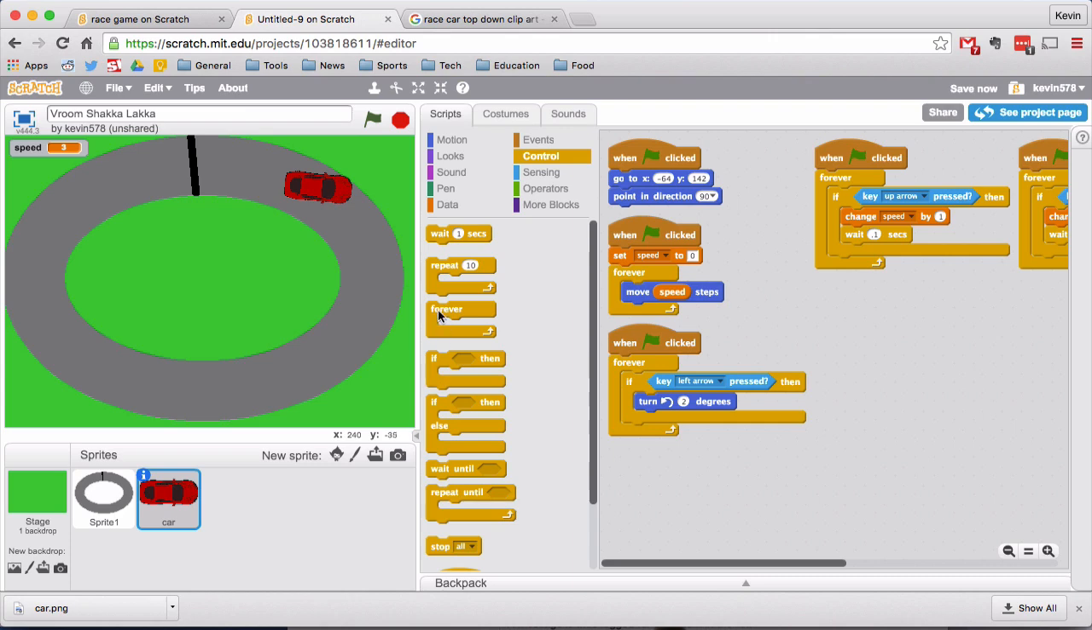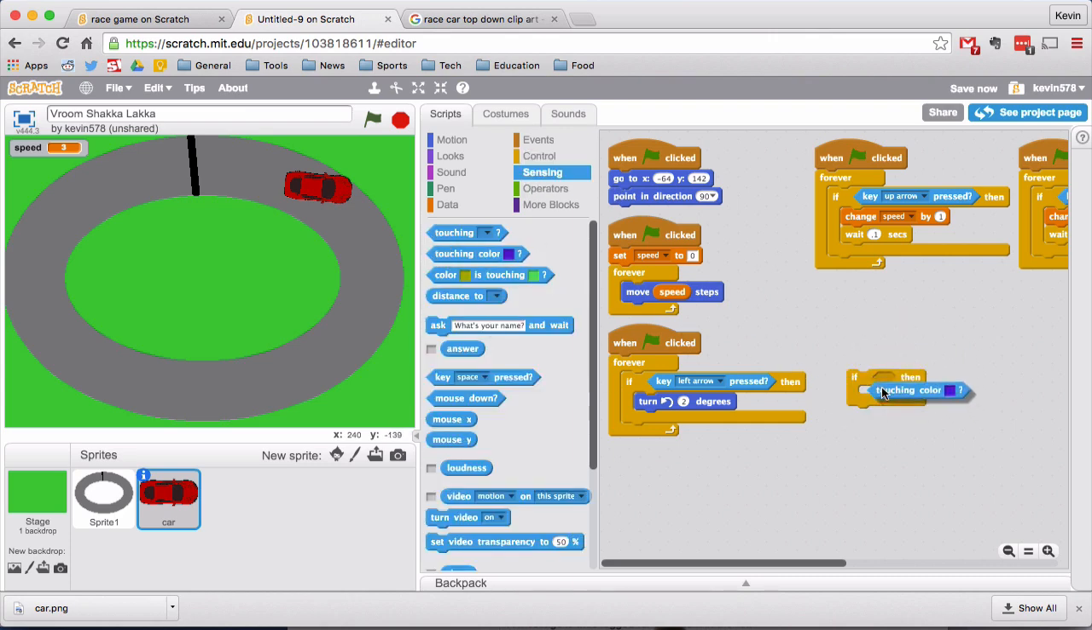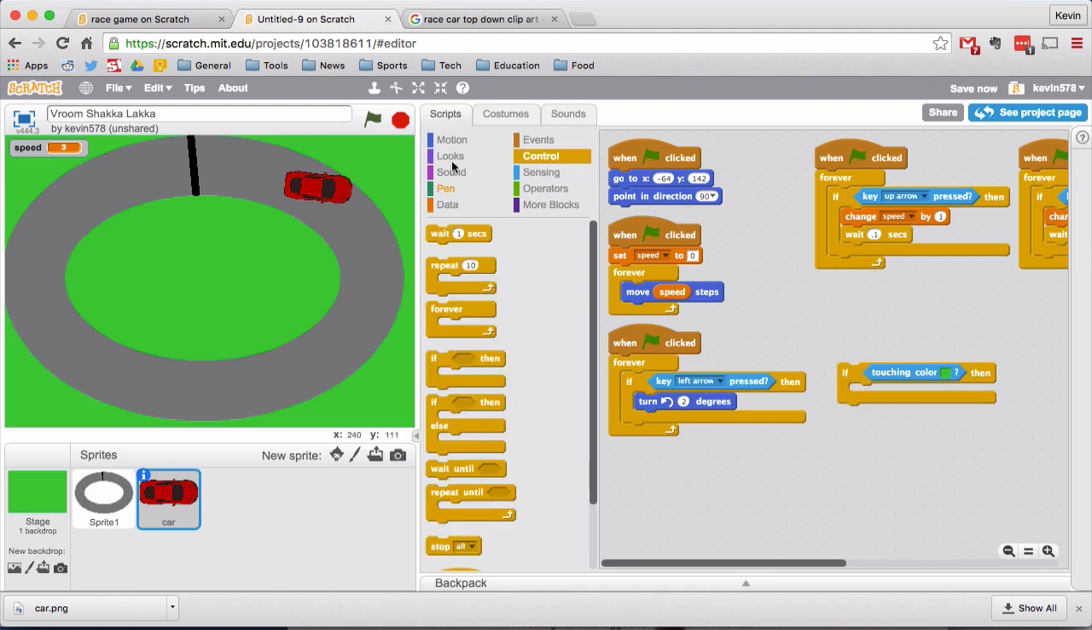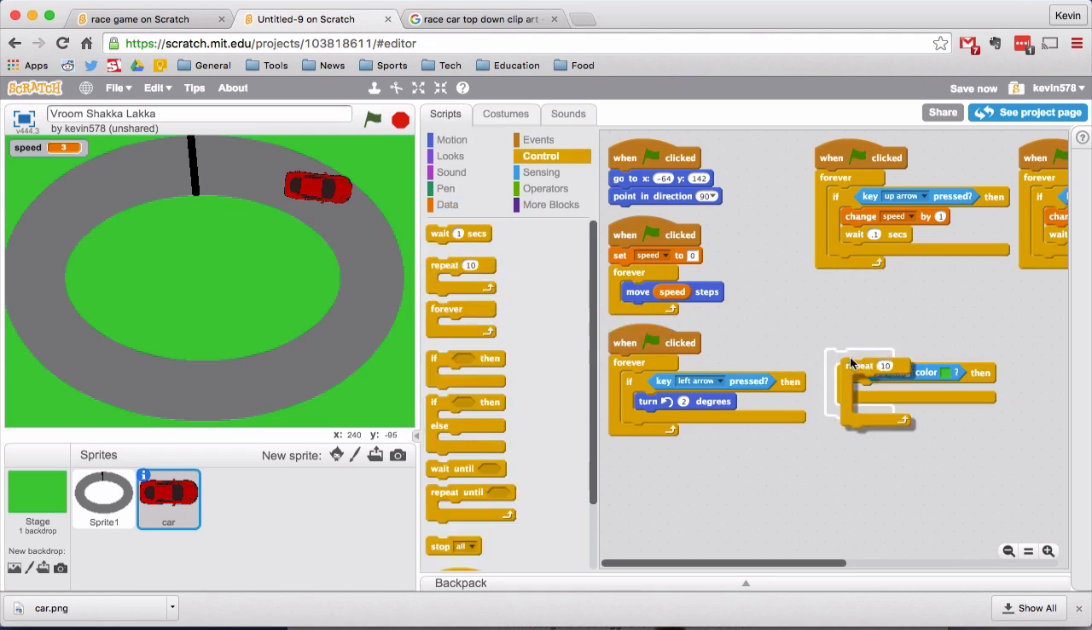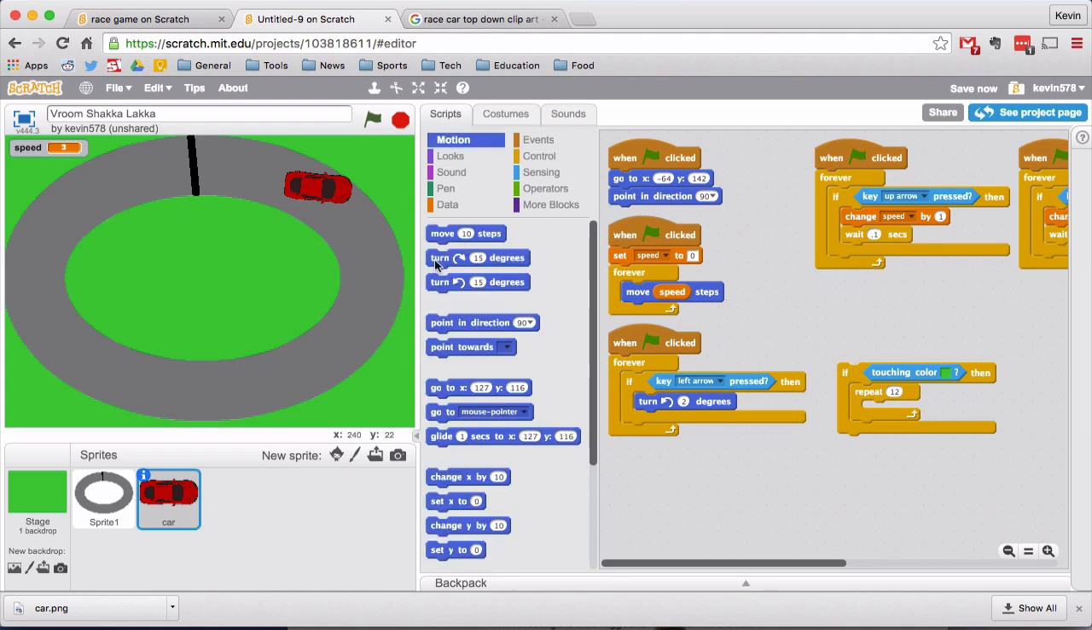So with the car, I want to have it, if it is touching the color green, and how you change the color in here could be a little confusing, it's not terribly intuitive: if you press that, just have it go over whatever color you want, and then there we go. I click there, and now if it is touching the color green, it's going to be a combination here. It is going to repeat this pattern 12 times, and it is going to turn